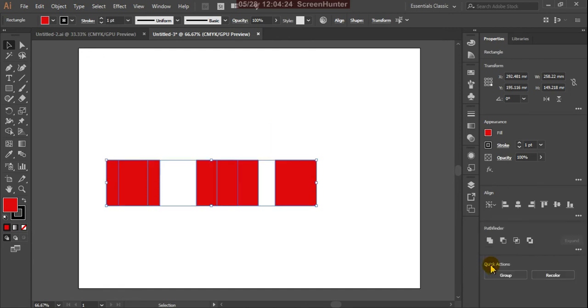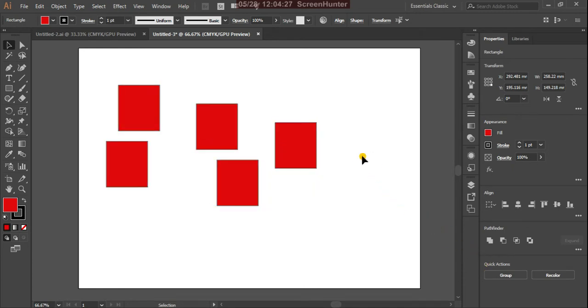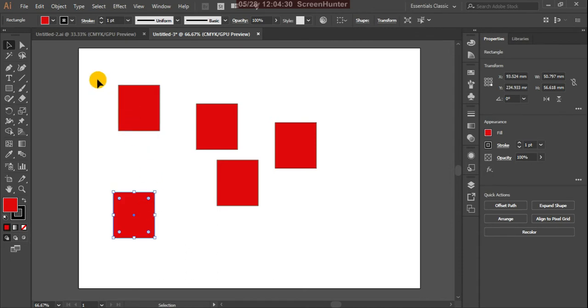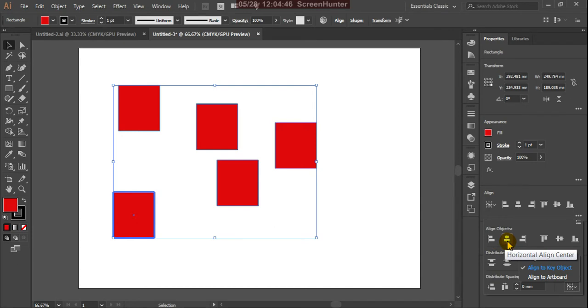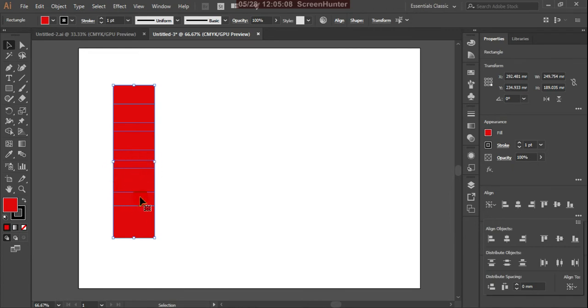Because the option in the options bar is align to key object, I'm using horizontal align left, or otherwise distribute top. Yes, it is aligned to that object.